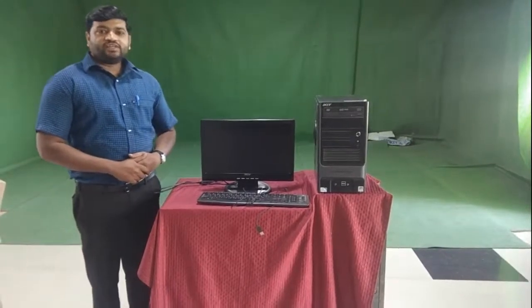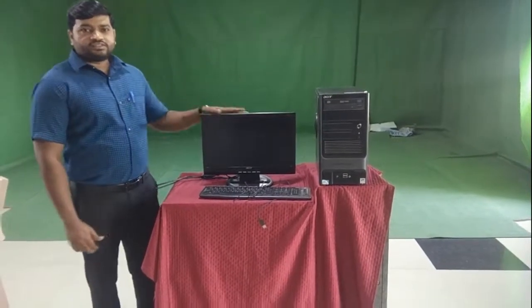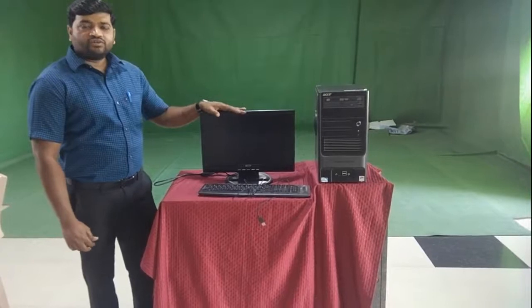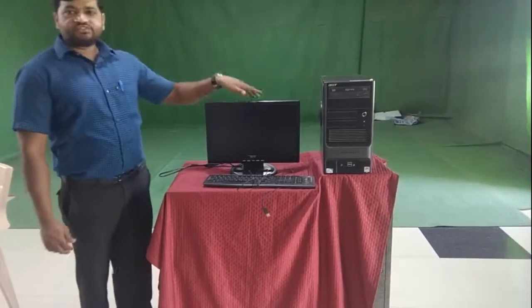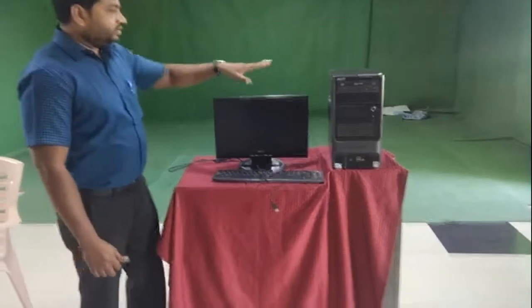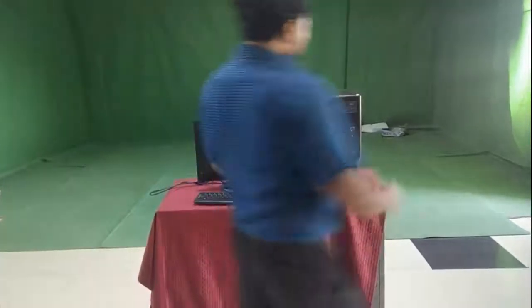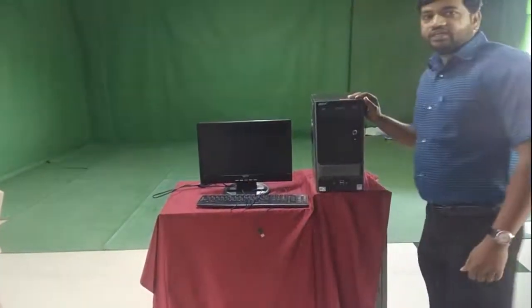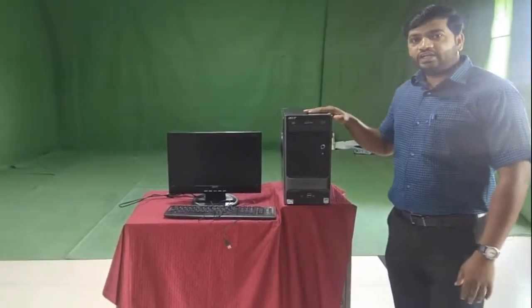Students, today we will do an activity which is correlated to our next grammar topic. So students, see this activity very carefully, observe it very carefully. Okay? Students, this is a desktop, and this is the CPU, monitor, and this is the keyboard. So students, this CPU is a complete machine. It can function by itself. So we can call it independent.